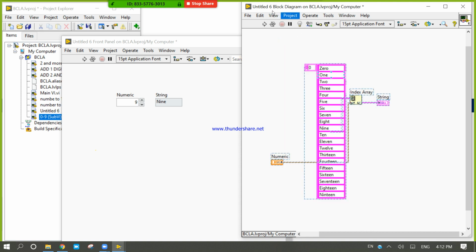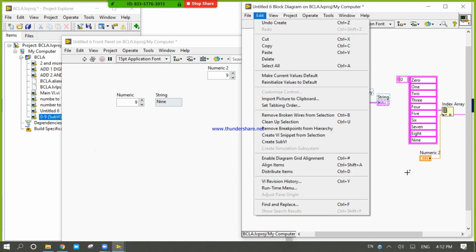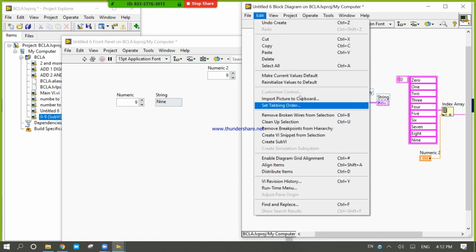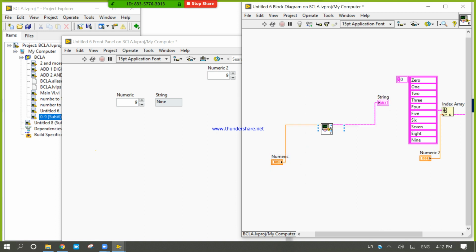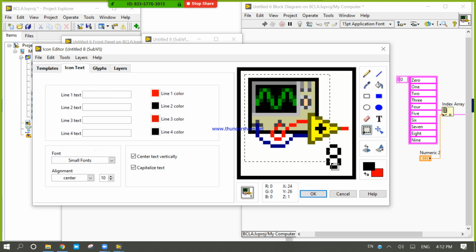So for that I will right click this format, select it, okay, edit, create sub VI. Double click, right click, pattern 1 and 1, edit icon. I will delete this one.